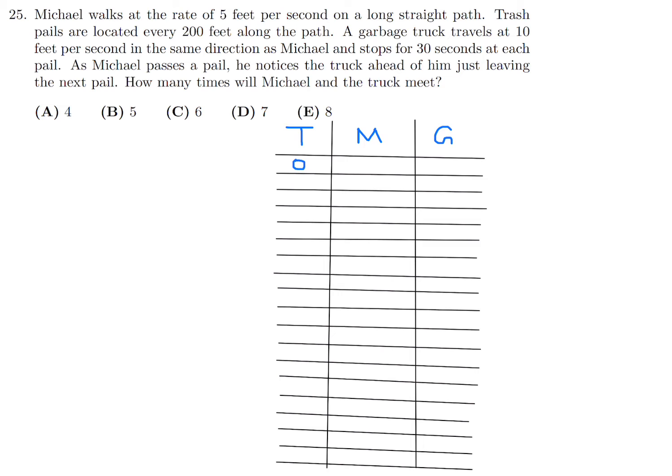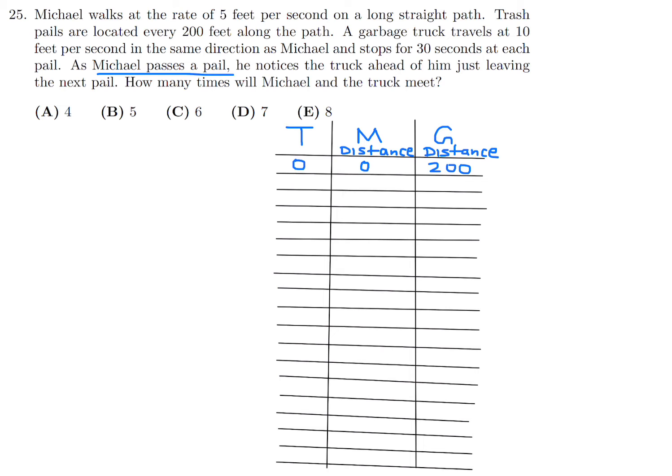So at the very beginning, time 0, Michael is at 0 in terms of his distance. Okay, so what I'm going to put in this column is the distance for Michael from his starting point. And the same thing for the garbage truck, the distance. Now the garbage truck gets a 200 feet, right? Yeah, 200 feet head start. Because the question tells you that